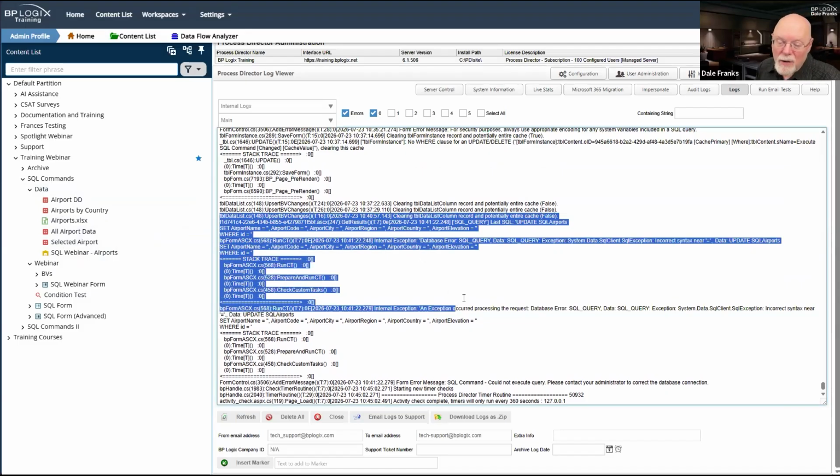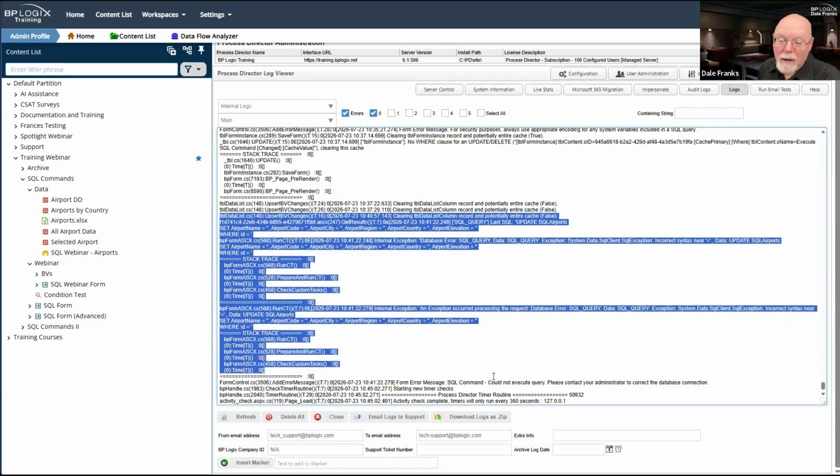It's going to show you the stack trace about where the error occurs, which might be useful for us, although I don't think so, because it's giving me just blank values there, because it's not coming from inside the system. It's coming from outside the system.